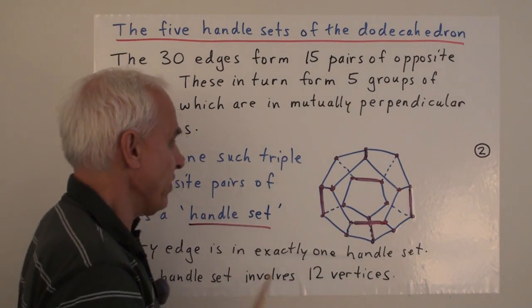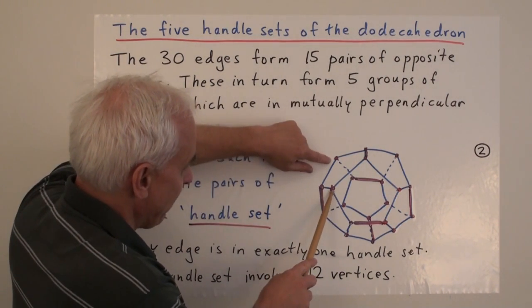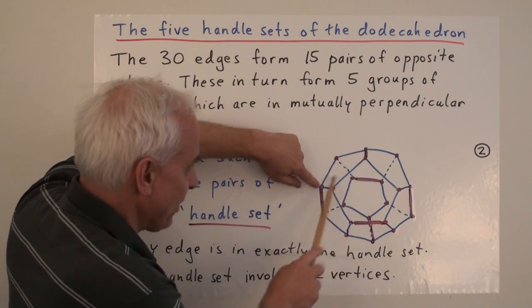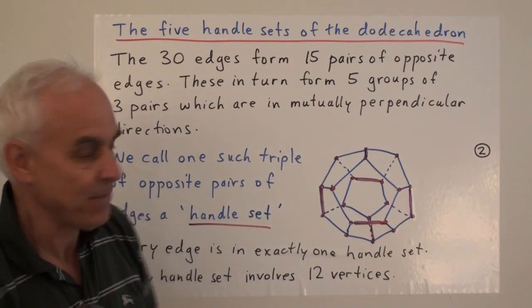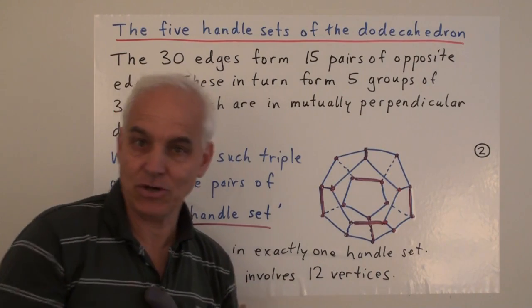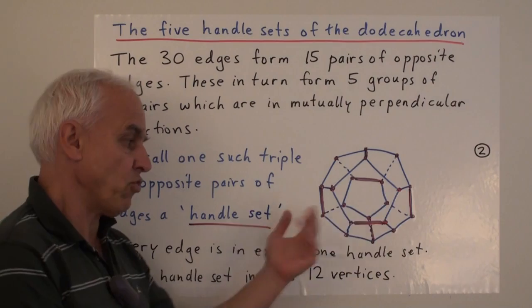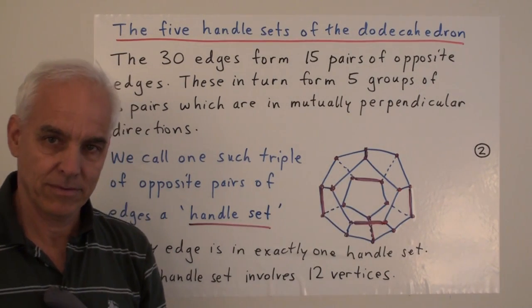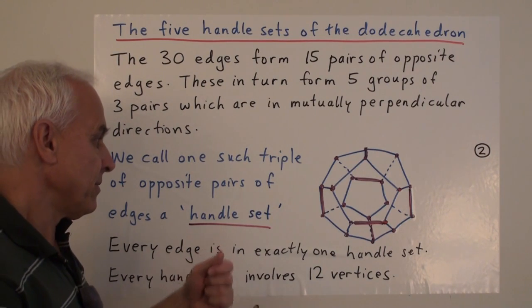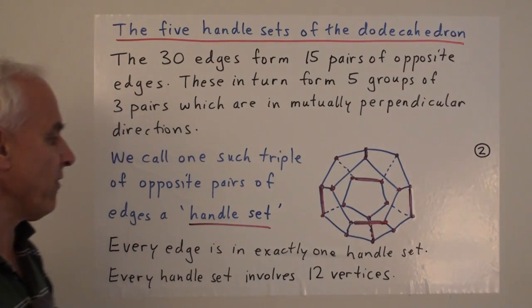And that carries on for the other ones. For example, if you look at the end of this one here, then there's 2 emanating that determines a pentagon, and then the opposite edge to this vertex in that pentagon is this edge up here. Okay? So it's all symmetric and all of the edges in a handle set have the same relation with each other. Every handle set, of course, involves 12 vertices, because we have 6 edges, and each edge has 2 vertices, so altogether 12 vertices.